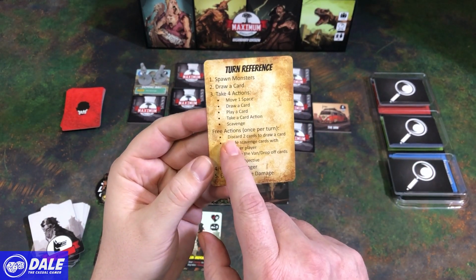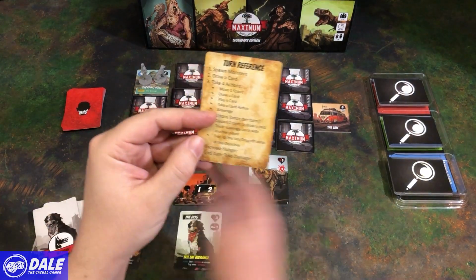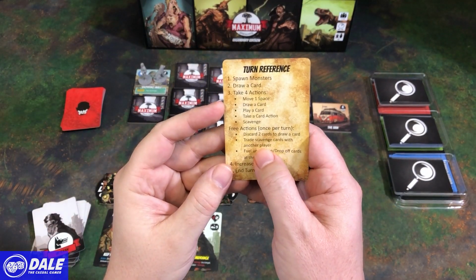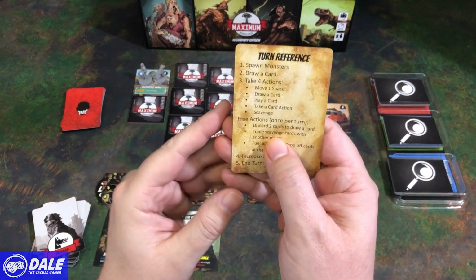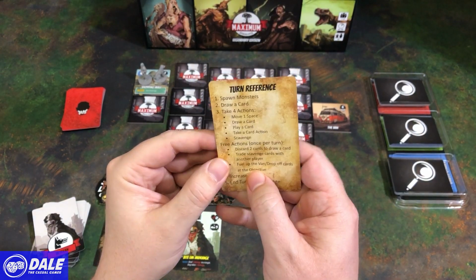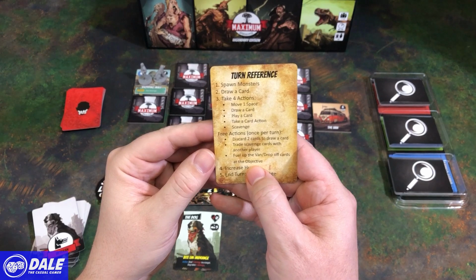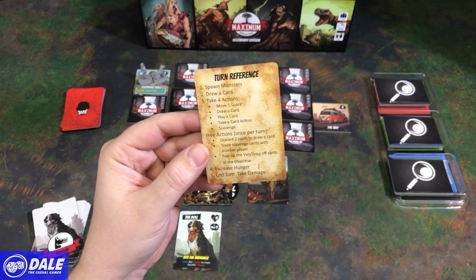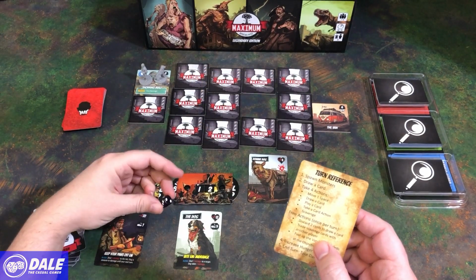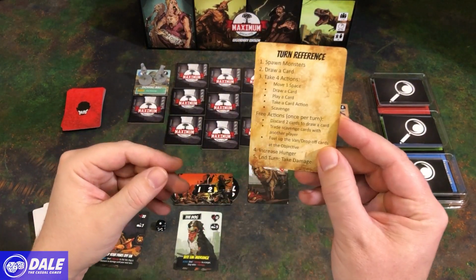We've got 3 possible free actions. One, we can discard 2 of our cards to draw a card, not the scavenge cards. Two, trade scavenge cards with another player. Since we're playing solo, not something we'll do. Or three, we can fuel up the van, dropping off cards at the objective. Then we'll increase our hunger, going up there, and end our turn, so any monsters attached to us will take